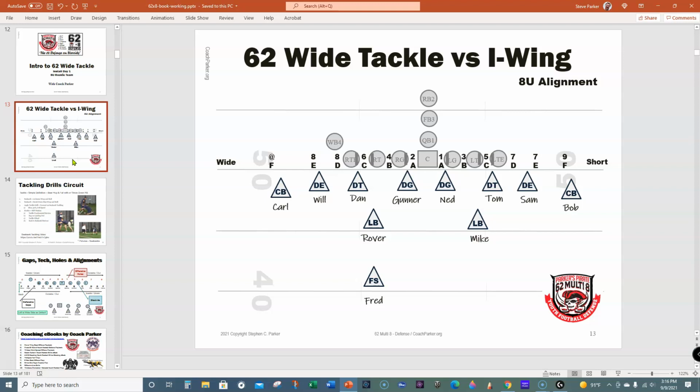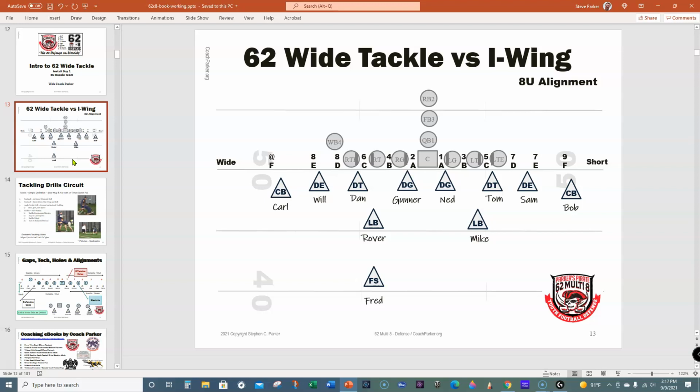And so then we'll go, okay, so the next people in this 6'2" wide tackle are the 2. And who do we think those guys will be? And we'll see what they say. We'll say, well, that's 2 linebackers, and their names are Rover and Mike. And so if we have a guy in A gap, no guy in B gap, and we have a guy in C and D, where do we think the linebacker would go? And hopefully they answer, oh, the B gap, and we say yes, and we align those over the outside shoulder